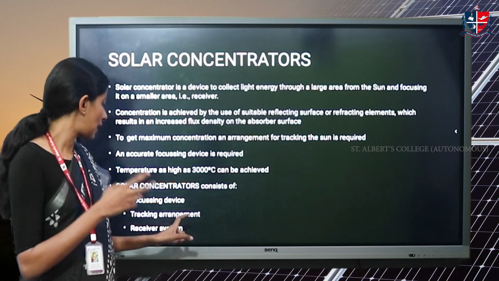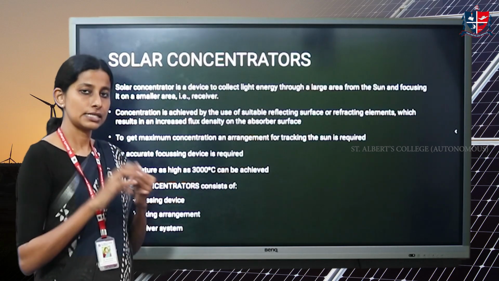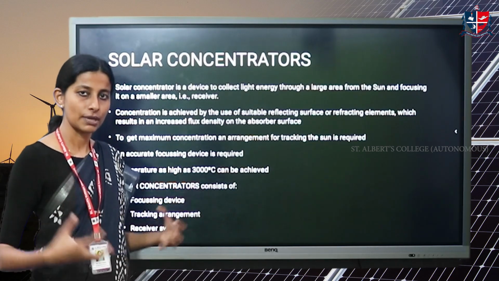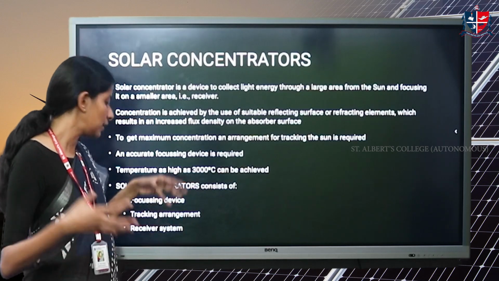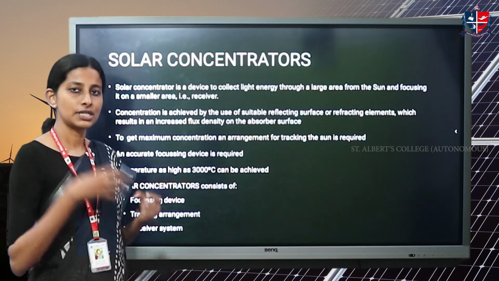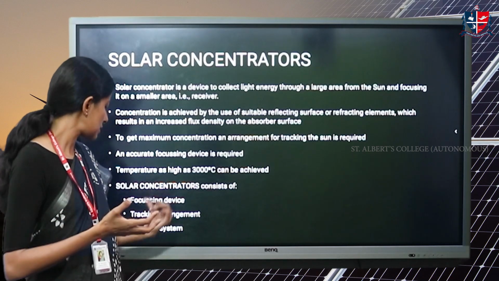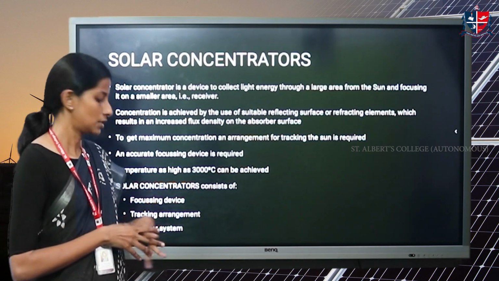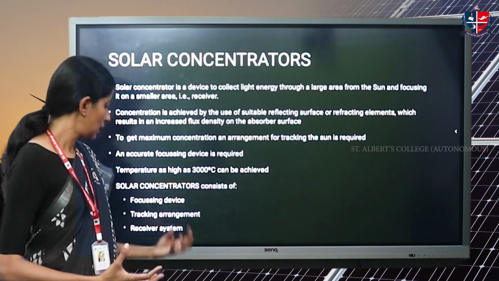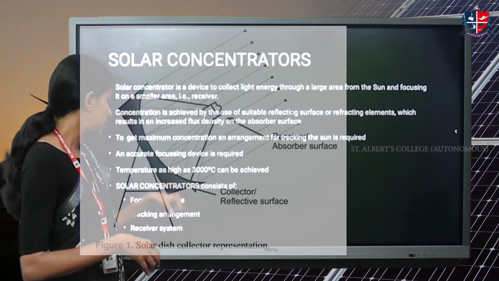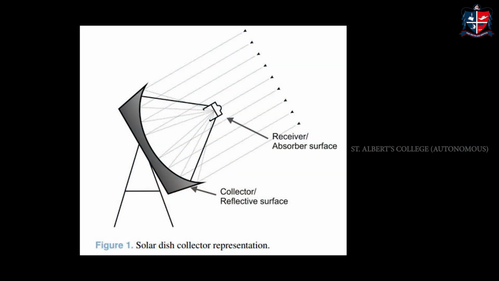Which are the important parts a solar concentrator needs? As I said, it should have a collecting device, a collecting mechanism. This should be focused using optics like lenses, mirrors or other refractive materials. Then there should be a tracking arrangement. So the receiver is the collector system, then there is a focusing system, and also a tracking arrangement. This is depicted here in a simple way. Radiation comes from the sun. This radiation falls on the collector system. This is called the aperture.